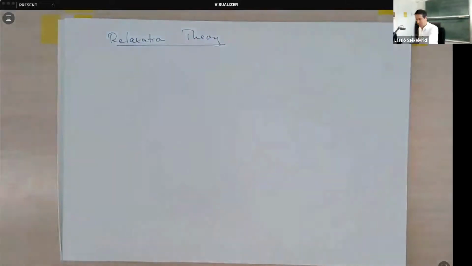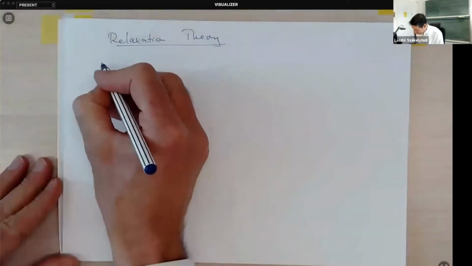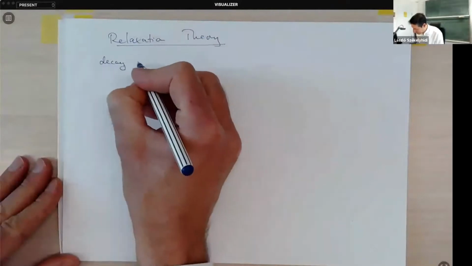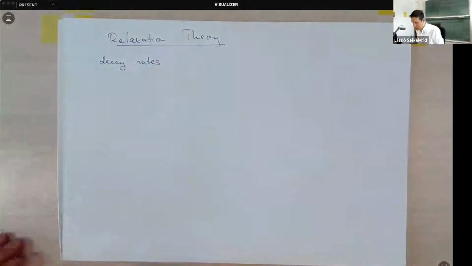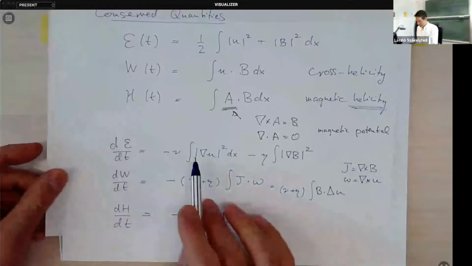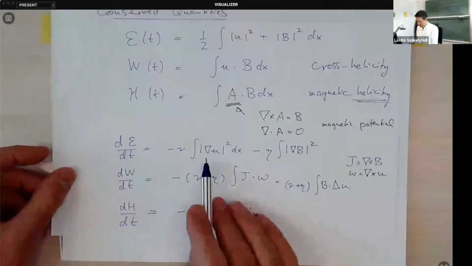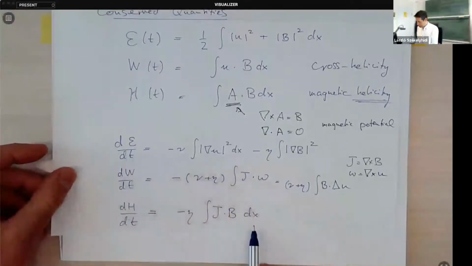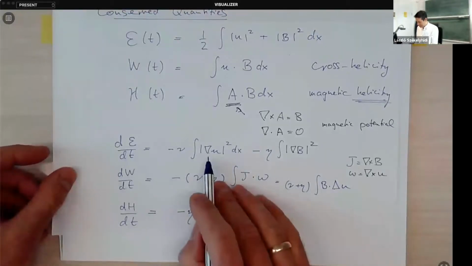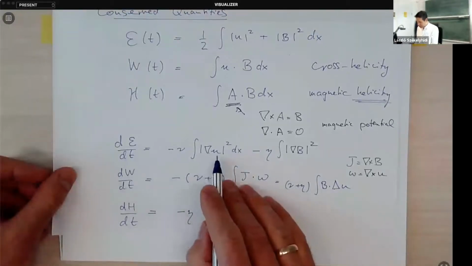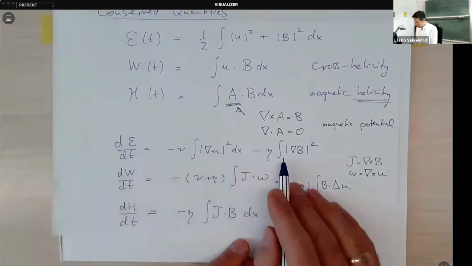In the turbulent MHD literature, and for that one, the first observation is that if you look at the decay rates, well, decay is not so clear because they're not definite quantities except for the energy. If you remember, these are the rates of change for these three quantities, and you see that the total energy and the cross helicity involve integrals